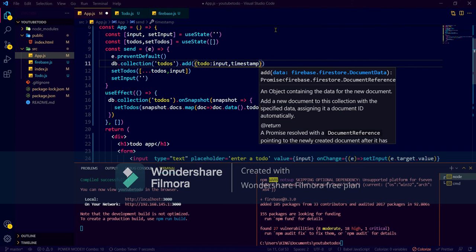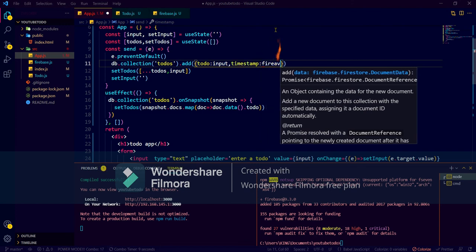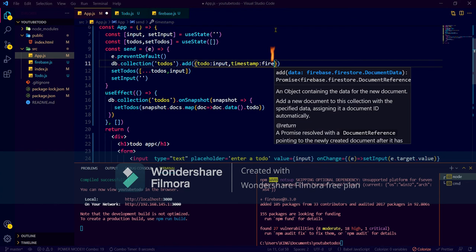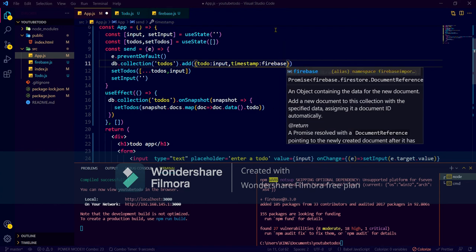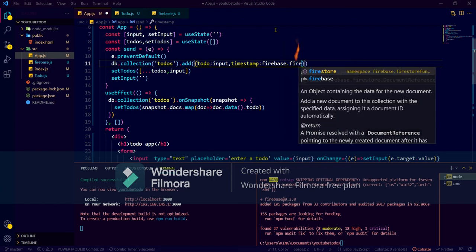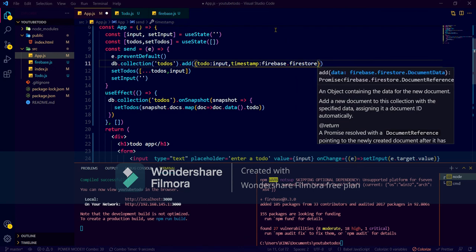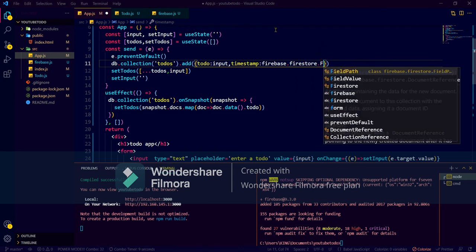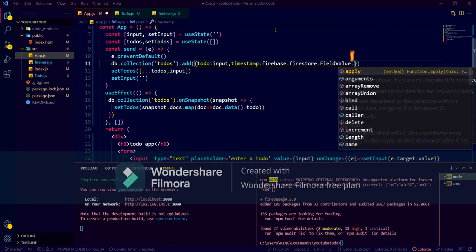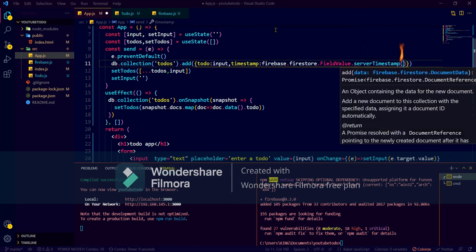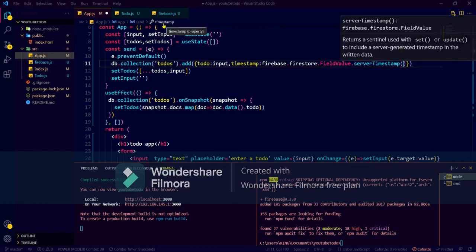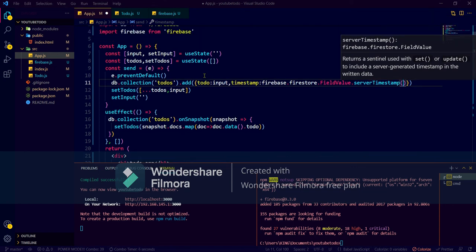We will write firebase.firestore.FieldValue.serverTimestamp.